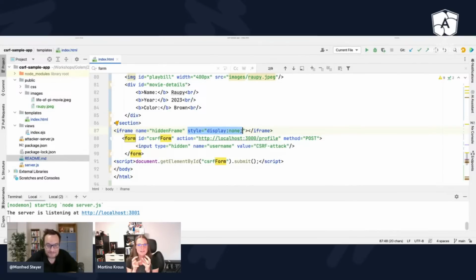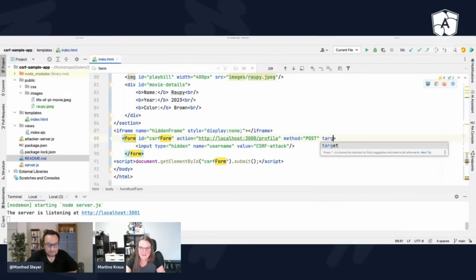So the browser, after submitting the form successfully, doesn't redirect me to my profile but to the hidden iframe instead. So what I just need to do is set a target in this form tag, called hidden frame, like the name over here.